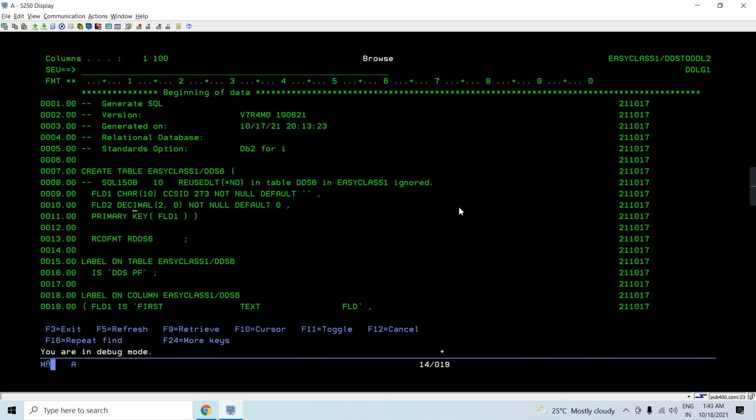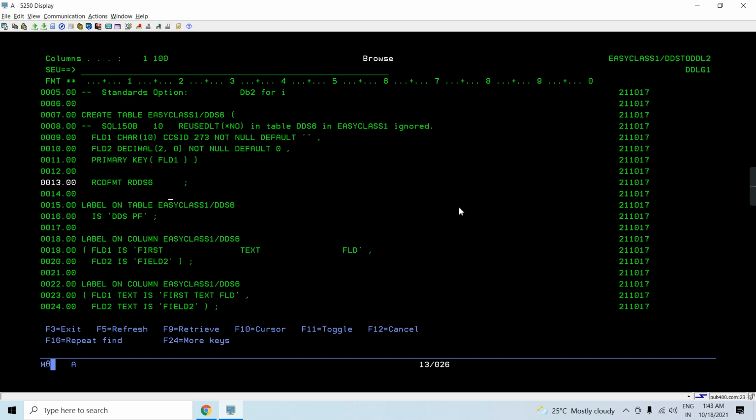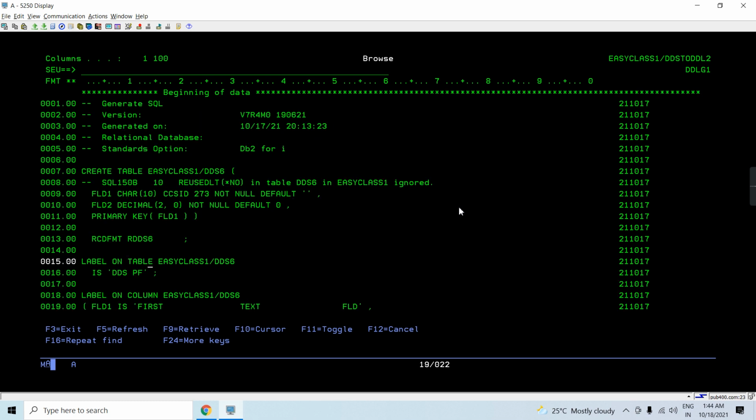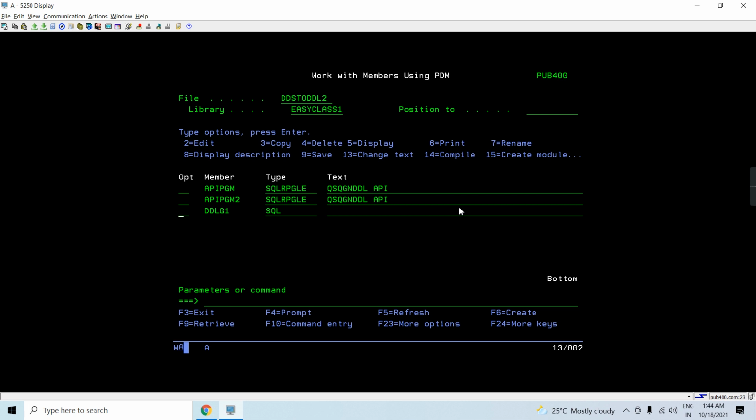Field 1, field 2, and field 1 is the primary key. Record format is this. Label on table this. So you can see label on column was generated. You can say this is a column heading, and this is a text which is generated for the table.